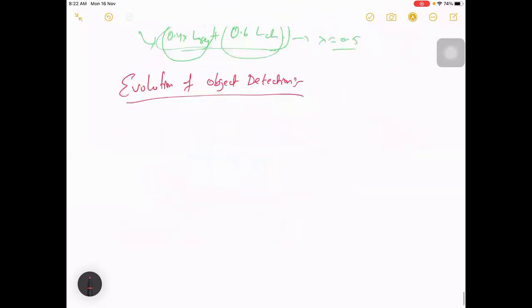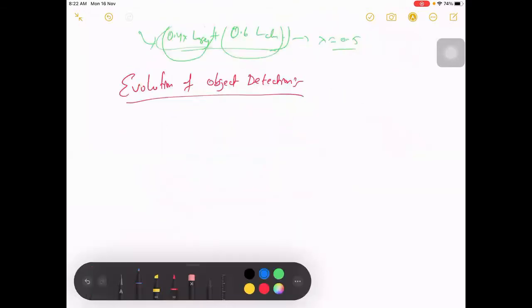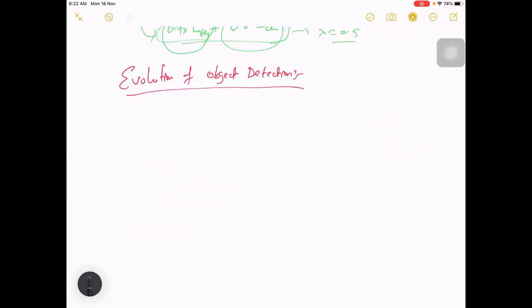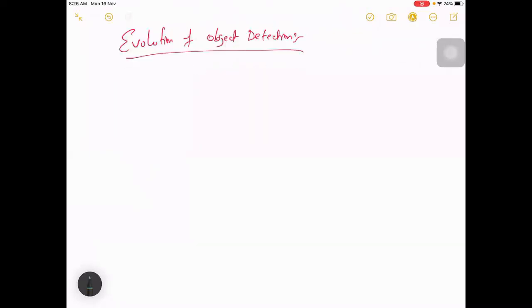Okay, so let's go forward on this. So coming here, let's see this. Okay, so coming forward, what we are now seeing is, initially, when the object detection problem came up,